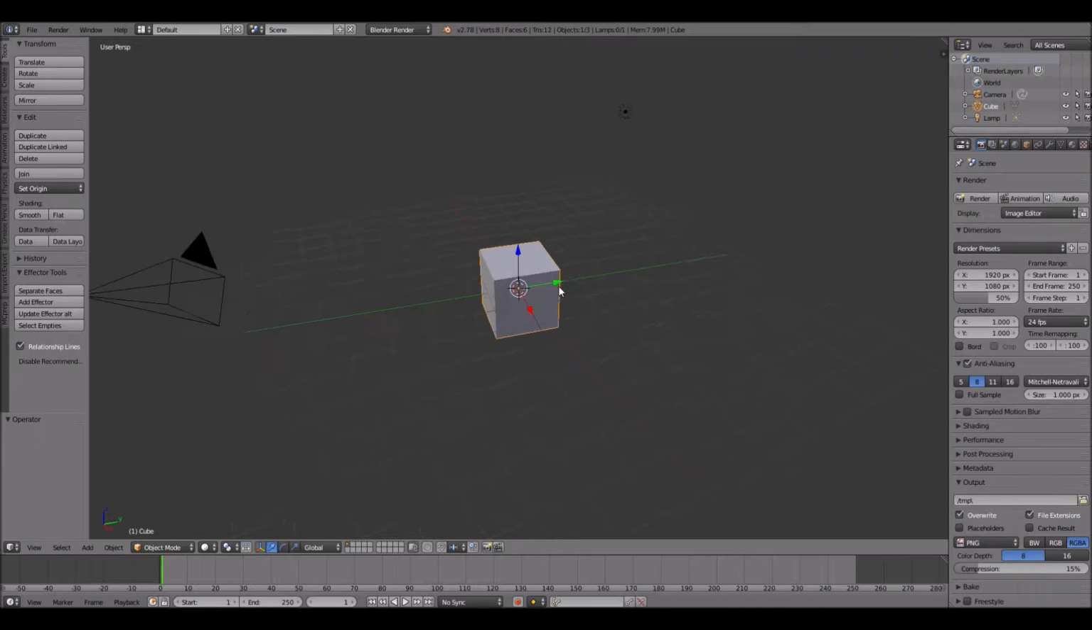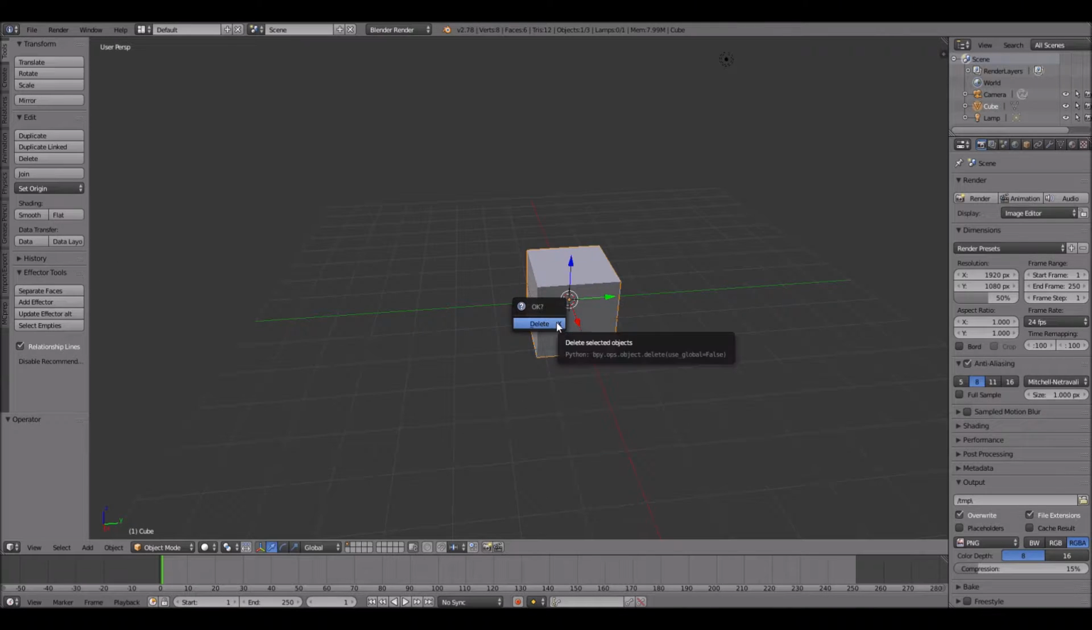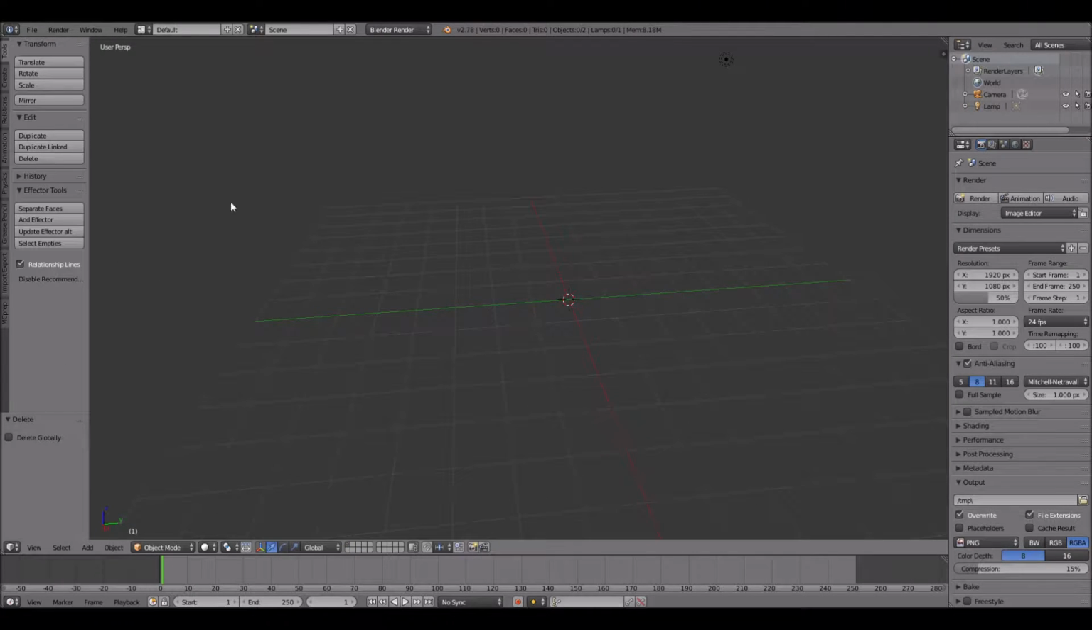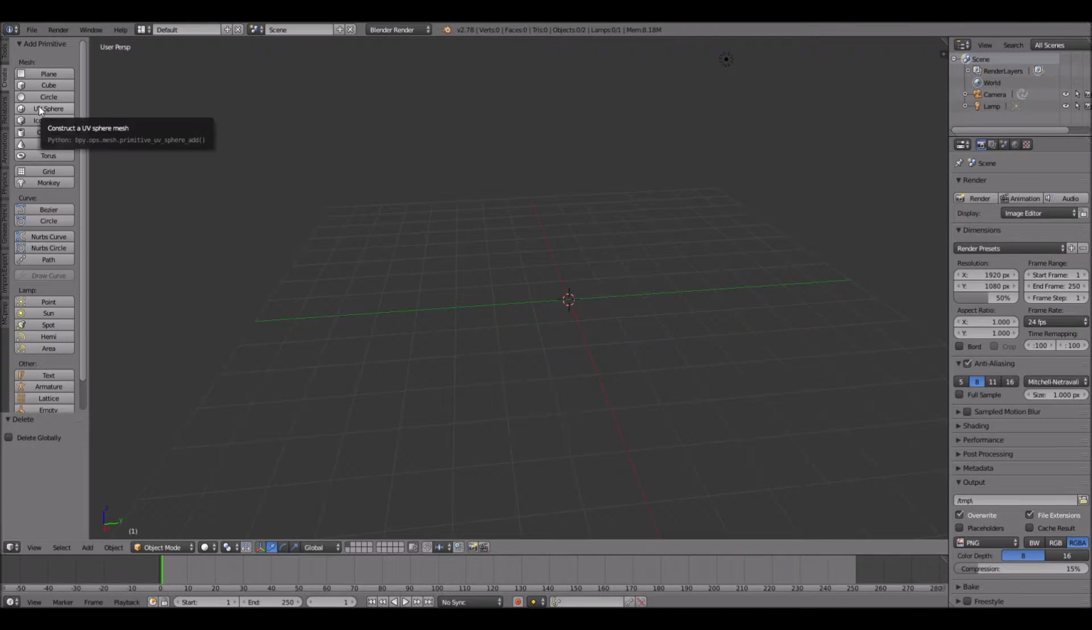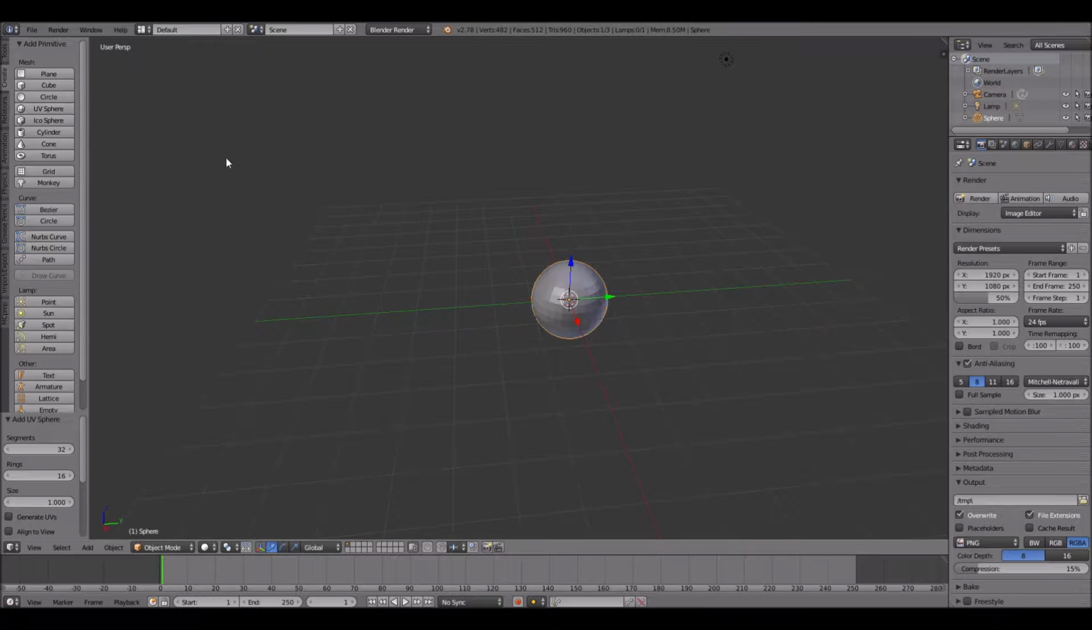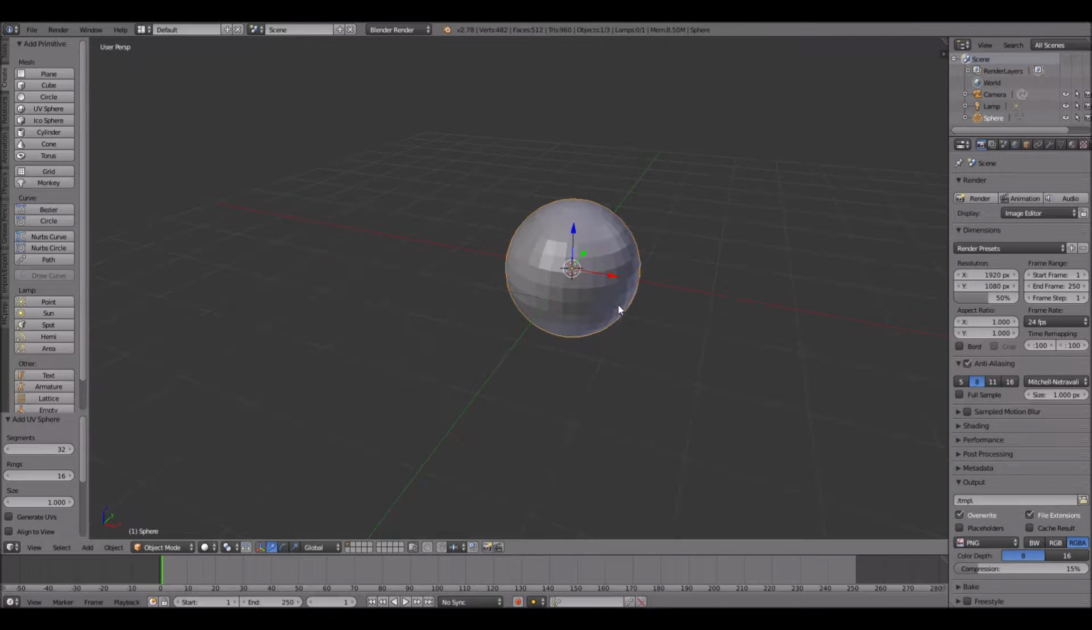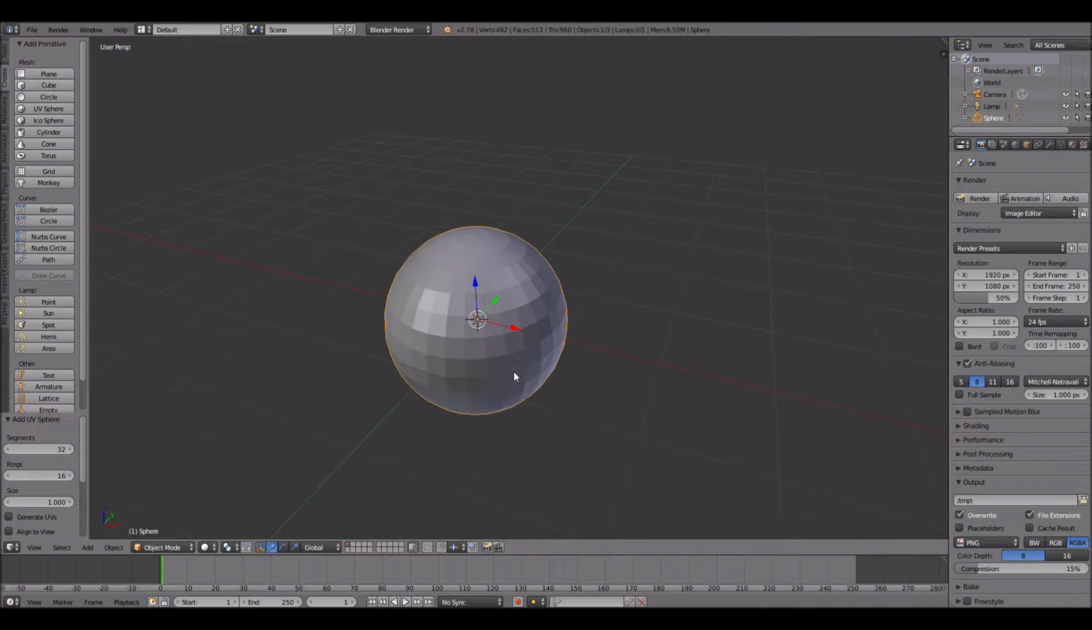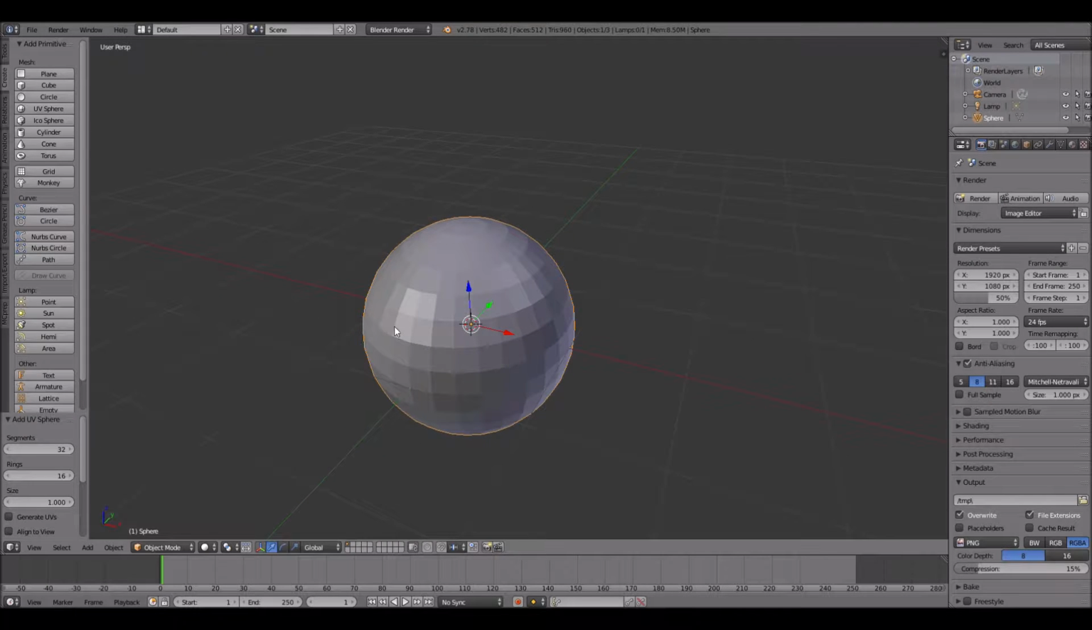Suppose you want to make a snowman. So then, first of all, I delete the cube, and I go to create, and I select a sphere. Any sphere is fine. Then here I will have my sphere. But for a snowman, I will need another sphere, so I use Shift D